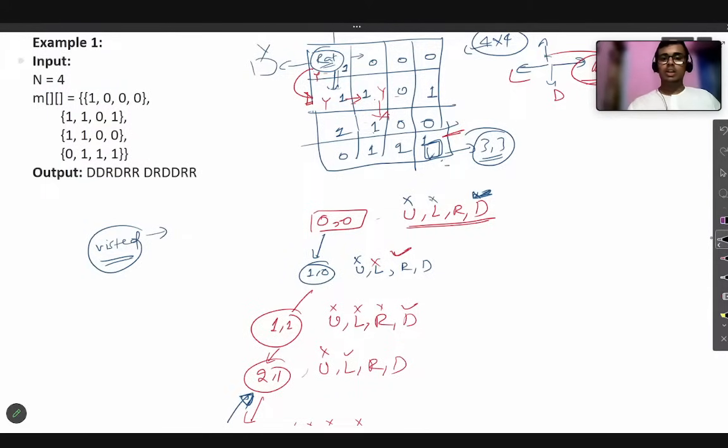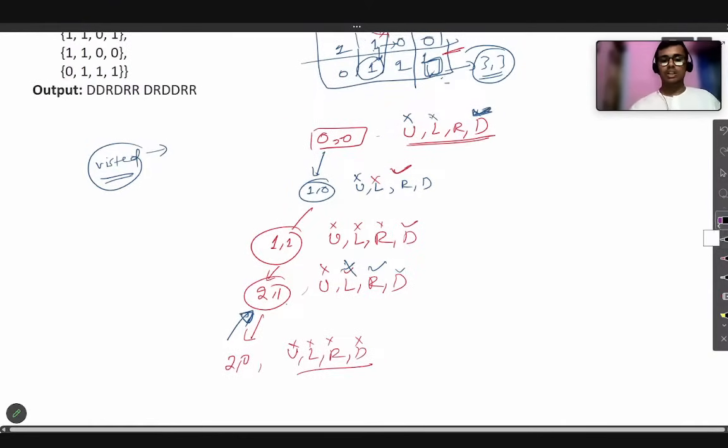He will move here. From this path, we have gone to the left part, but we cannot find any paths. Can we go to right? No, because on the right the value will be 0. Can we move down? Yes, we can move down. When we go down, we reach this path, and the new index we got is 3, 1.